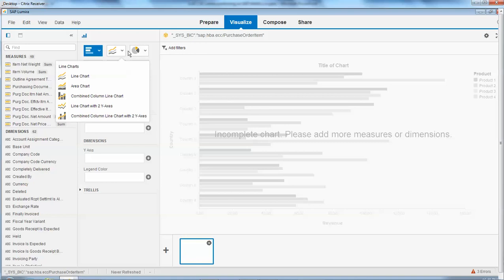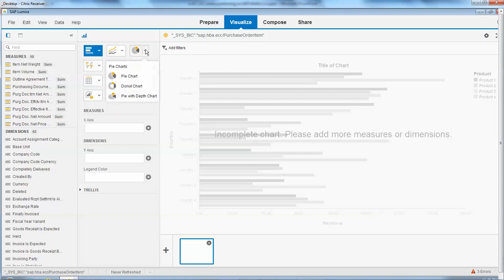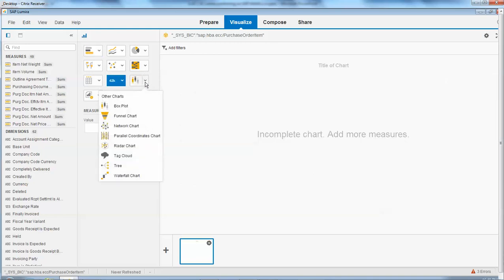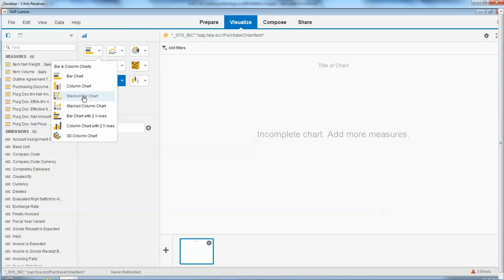So stacked bars and columns, line and area charts. I have different pie charts, even 3D. I can analyze by geography if I have geographical data in it, scatters, heat maps, of course the pivot, numeric point, and over here is a variety of other analysis that I can create. So I choose for the stacked bar chart,